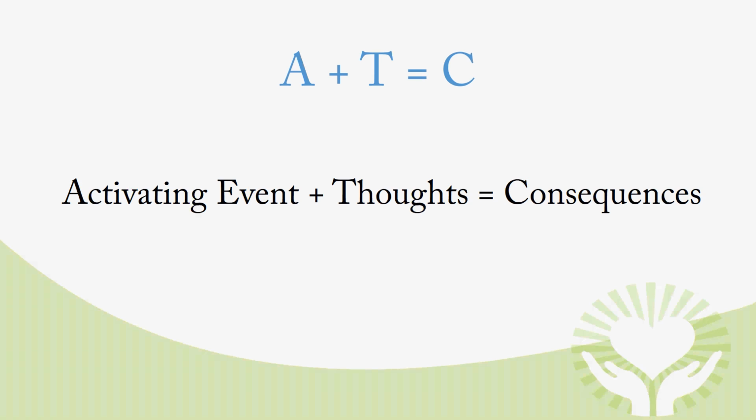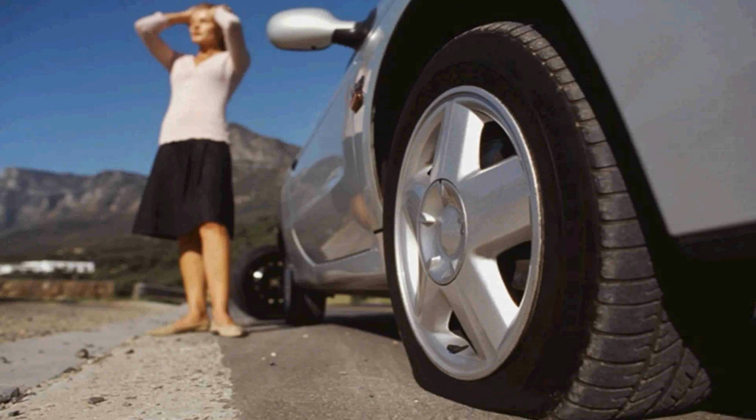So out of nowhere, we have this big emotional reaction to a moment. And that moment happens so fast that it appears that only two things are happening, an event and an emotional reaction or consequence. And so oftentimes we get tricked into thinking that A equals C. But actually, when we're able to break that down, there are thoughts happening in between A and C. Simply put, it's an activating event plus our thoughts equals the consequences.